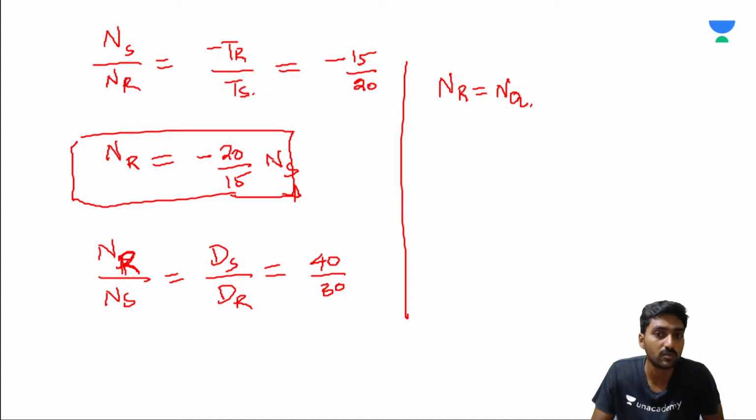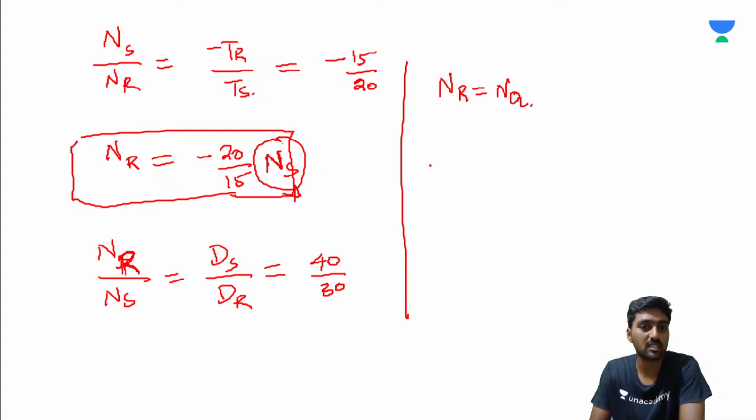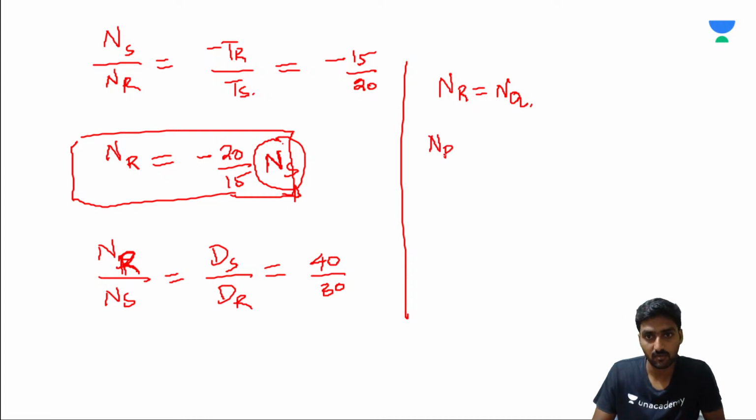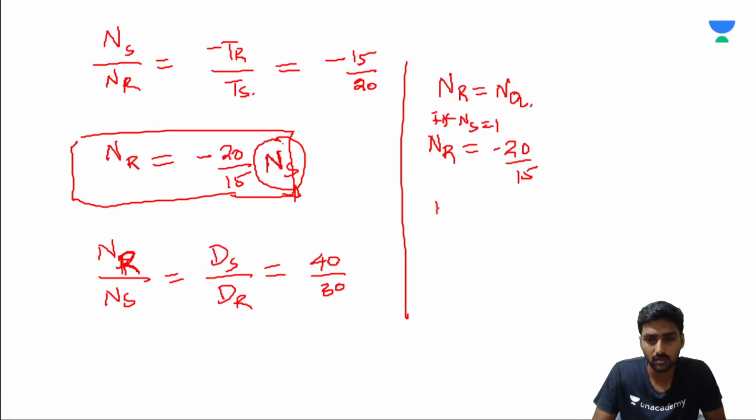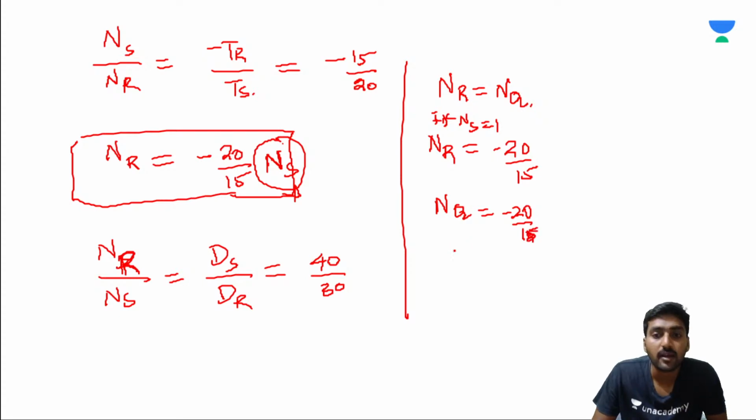In case you assume the speed n, if nS is equal to 1, what will be nR? nR is equal to minus 20 divided by 15. If nR is equal, nQ is the same. nQ is equal to minus 20 divided by 15. And if you know the value of this part, nQ